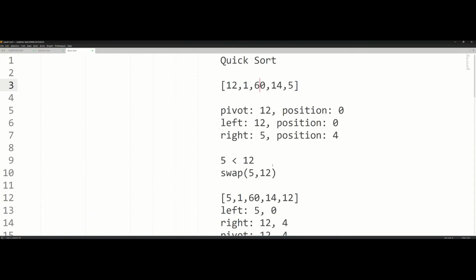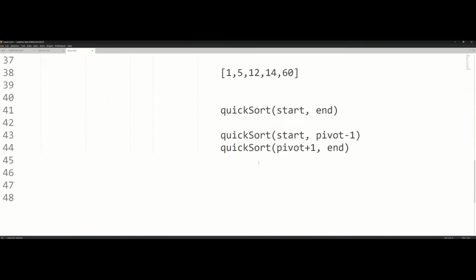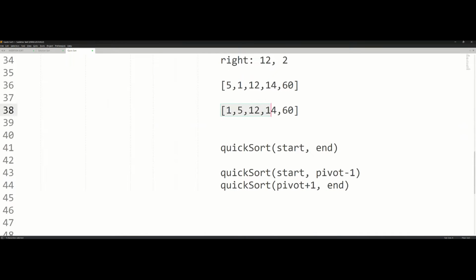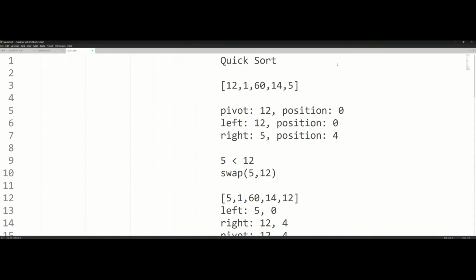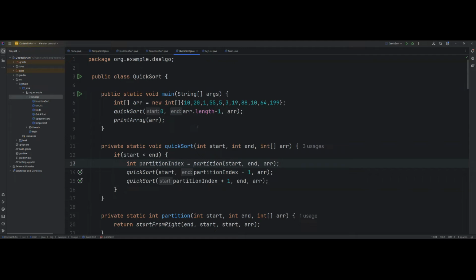Right? For example, if we pick the pivot element as 12, at the end of this sorting, we will be left with this particular array where all elements less than 12 are on the left side and all elements greater than 12 are residing on the right side. Okay, so this was the quicksort technique, and to implement this in Java, I have written code here